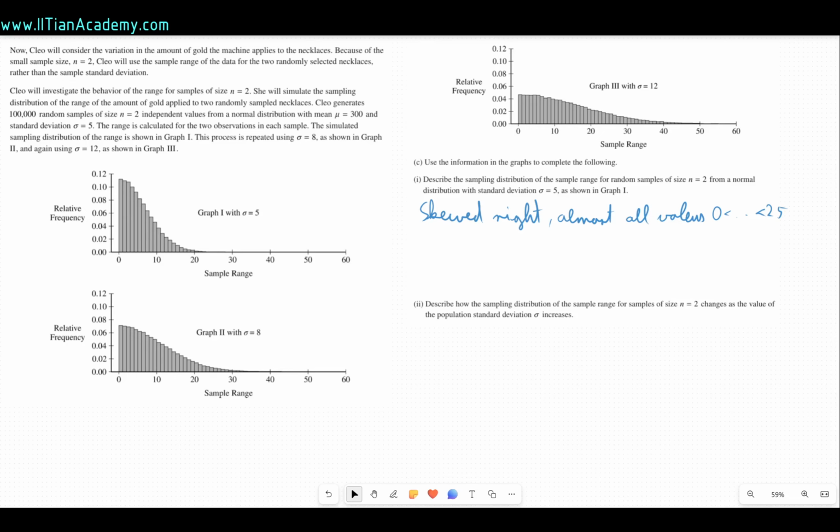And then in part 2, we need to describe how the sampling distribution of the sample range for sample size n equals 2 changes as the value of the population standard deviation increases. So as the population standard deviation increases, the spread in the distribution increases. So we can say the spread in the distribution of the sample range increases,